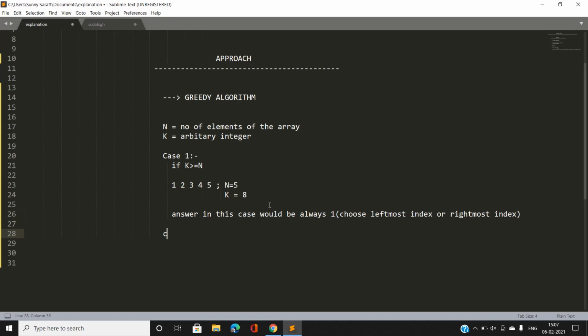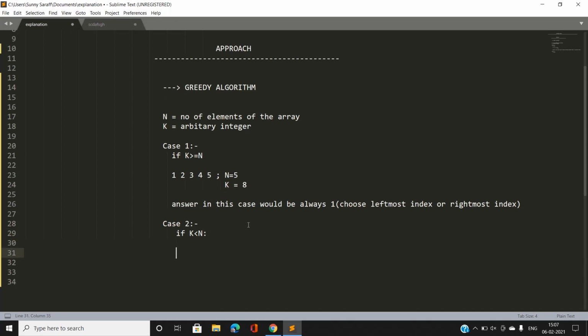So what would be our case 2? Case 2: if k is strictly less than n. Note that in one operation, what would be the maximum number of elements we can choose? Can you determine?